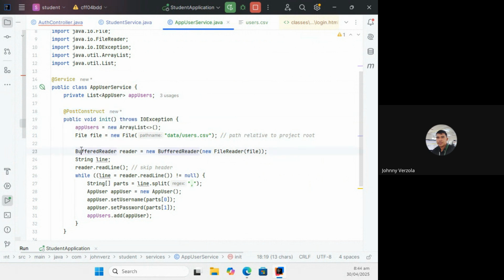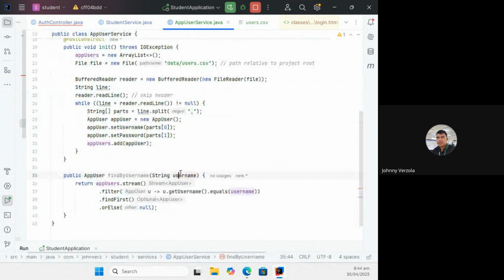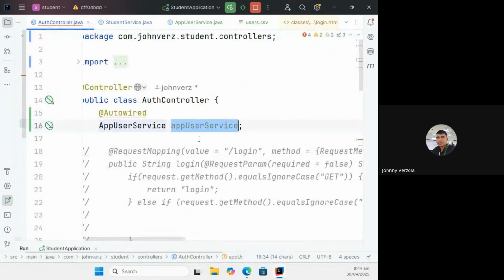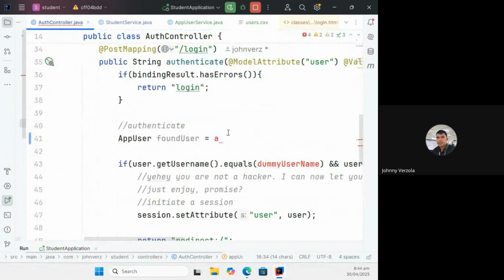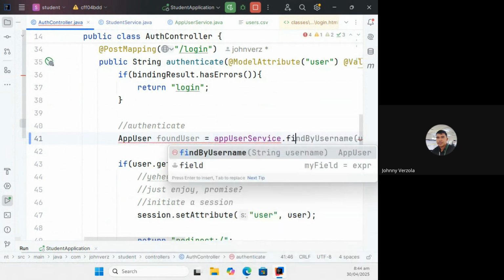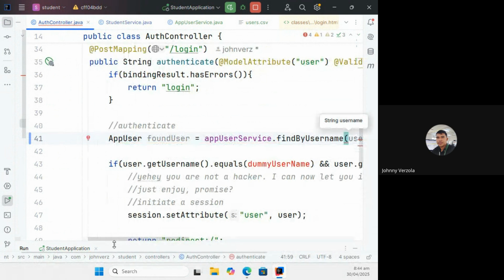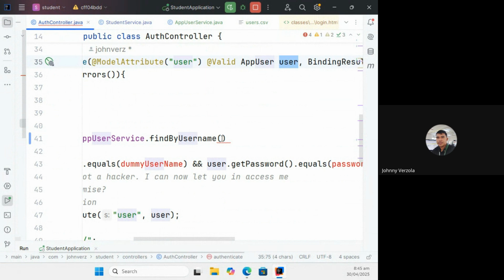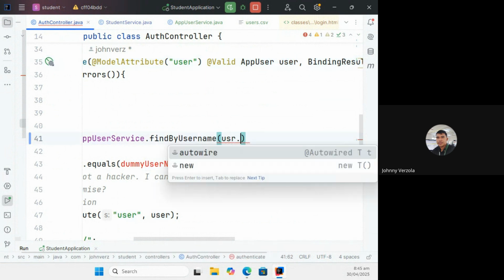Okay? So, in other words, meron lang laman yung app users natin, isi-search na lang natin siya dito. But, technically, wala pang laman yon. Gagawan natin yan later on. Okay, so with this, I'm going to use that object to look up my array list, app user service, to find the username, and then I'm going to pass the value that is coming from the form, which I can access using this object. So I will put in here user dot